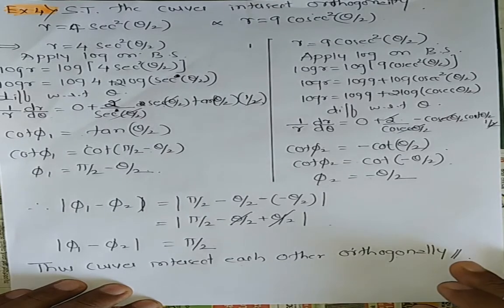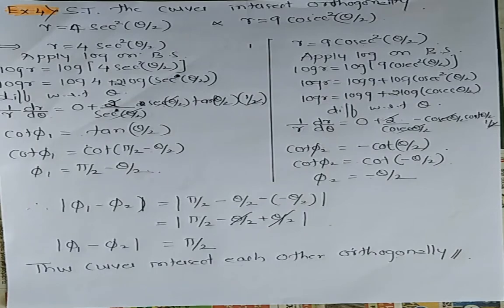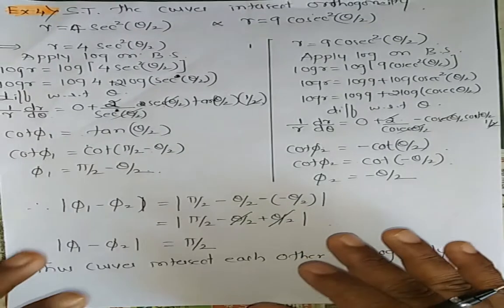So this is the fourth example. You may get this type of example in examination. If they tell you to show that the curves intersect orthogonally, you have to do it like this. Clear? Very clear examples are there, so go through the examples. Watch these videos compulsorily, and copy down the notes in a proper way in a fair book, so that it helps you for your coming annual examinations. These are the standard examples we take from your textbook. Refer to my notes, and if you want more examples, ask me personally.